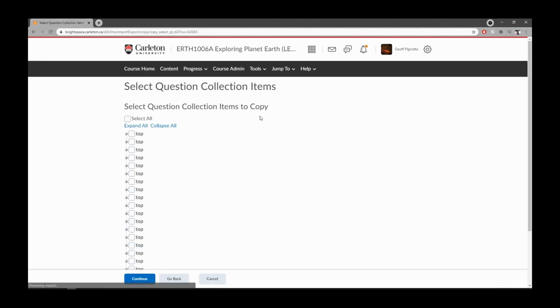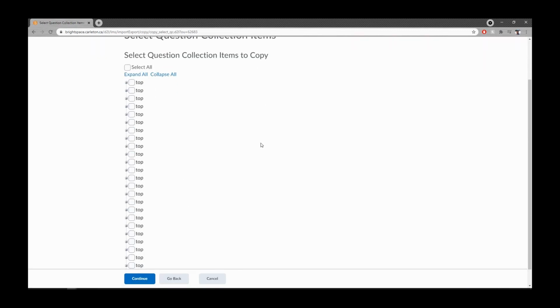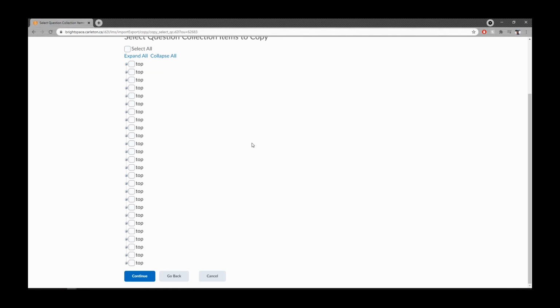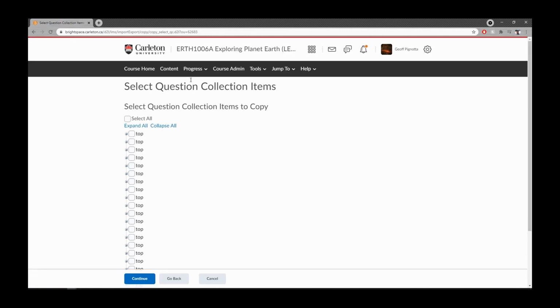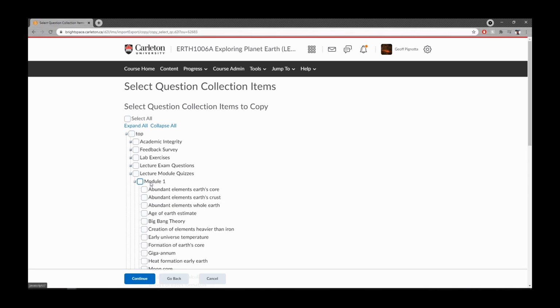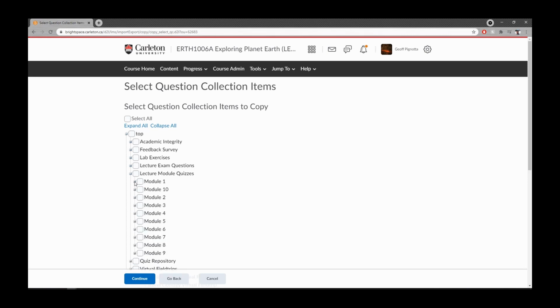So you hit continue, and then yeah, here is what this looks like. It's a rat's nest of stuff. So here, these are the question libraries, so these are the question collections. What you can see is I've got some feedback, virtual field trips, lecture module quizzes, and these have my questions in here. So okay, I'm going to bring in my